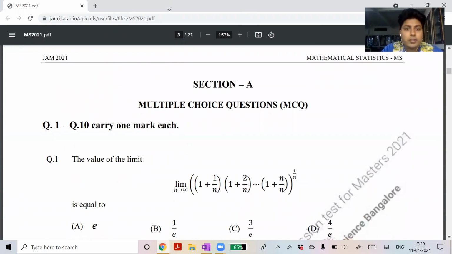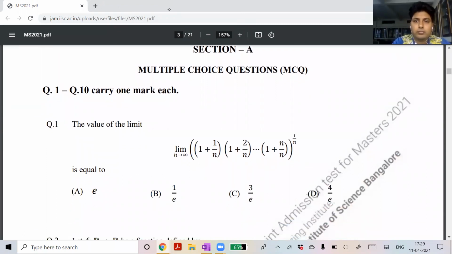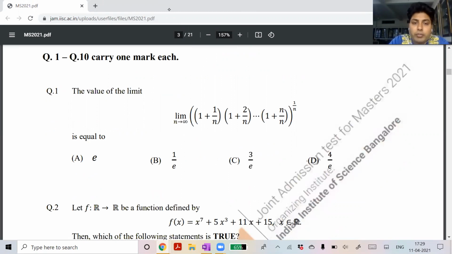So the first question is, the value of limit n tends to infinity of (1 + 1/n)(1 + 2/n) up to (1 + n/n), and the whole raised to power 1/n, is what? So to solve this question,